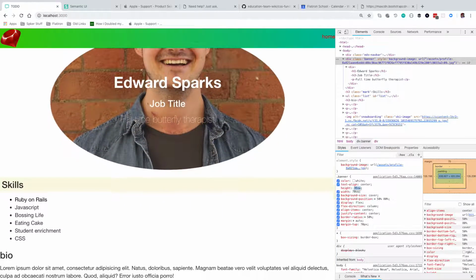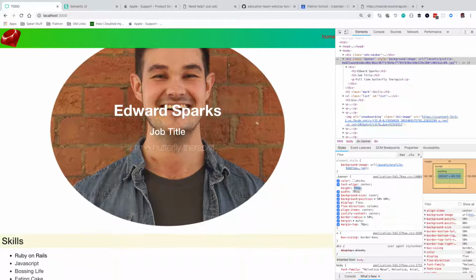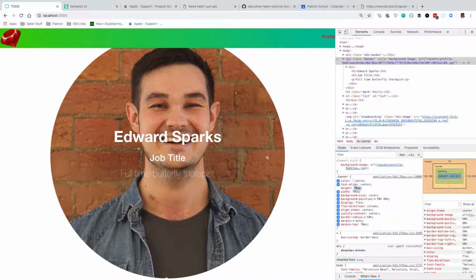I've made this a circle by using these two bits together. So if I change that, see it does that. This all relates to the width of the page. By giving the height and width 70, and the 70 is a percentage of the width of the page, the width of my circle actually takes up 70% of the whole width of the page. So yeah, if I now try and